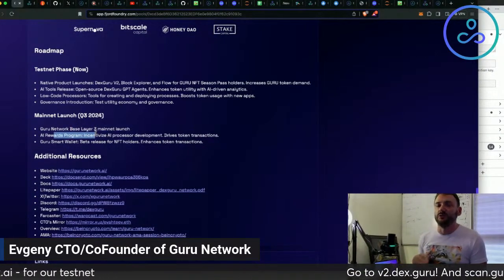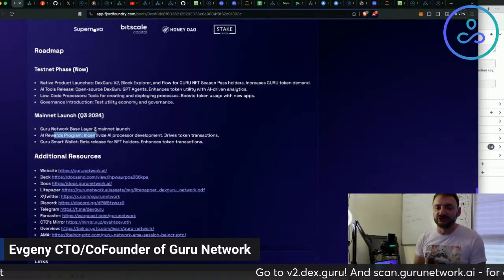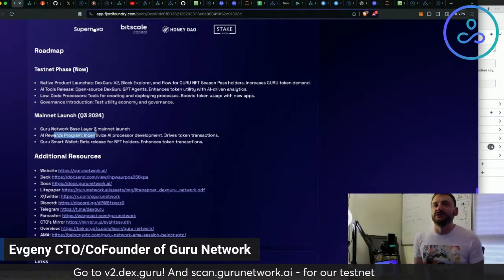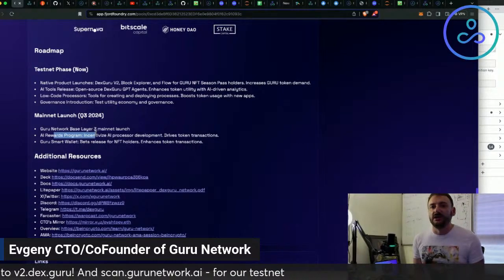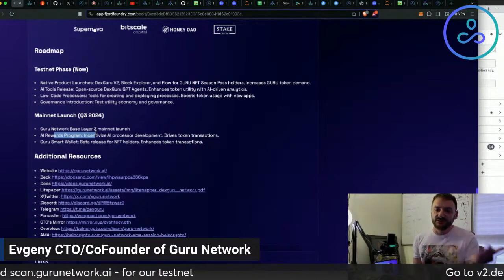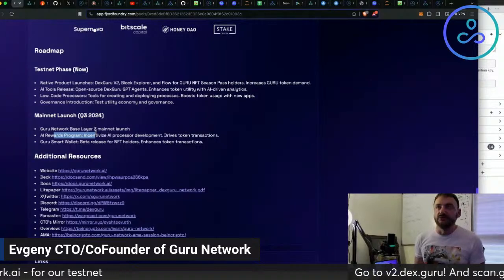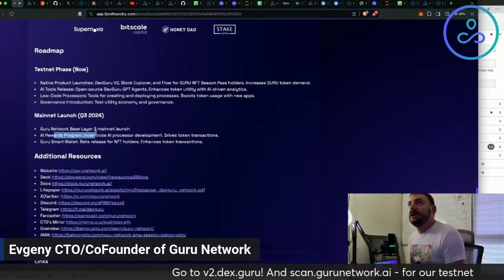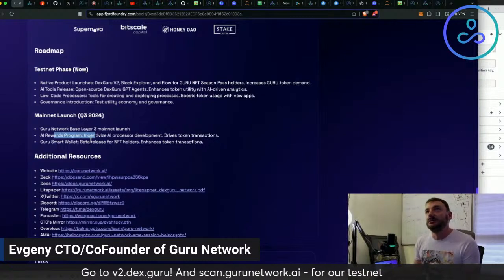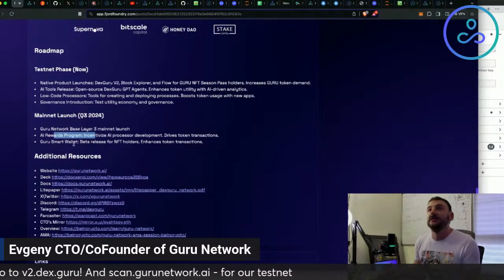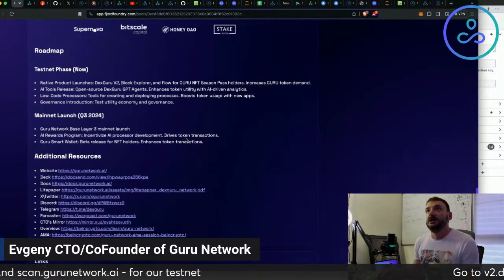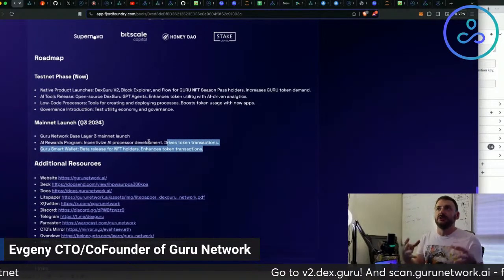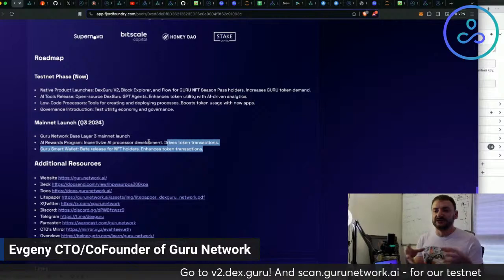Same with Chainlink: we have a collaboration with Chainlink, and it's already embedded. We're showing it to you. Then we have something with DEXes that would be onboarded. Then we're planning a mainnet launch in Q3 2024, tentatively in August, where we'll bring the whole economy together, and it will be serious.